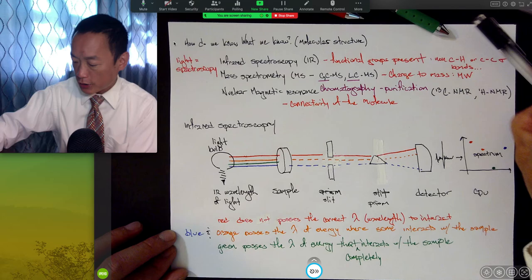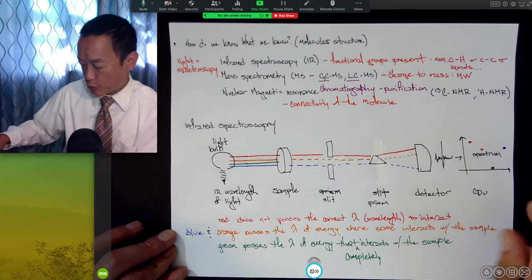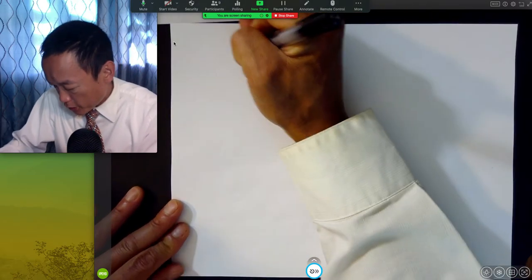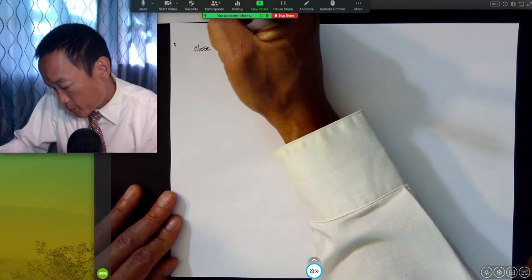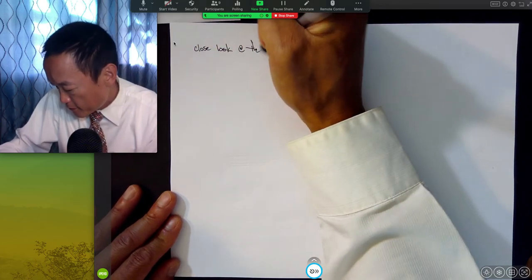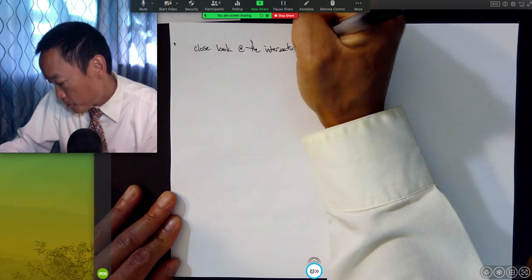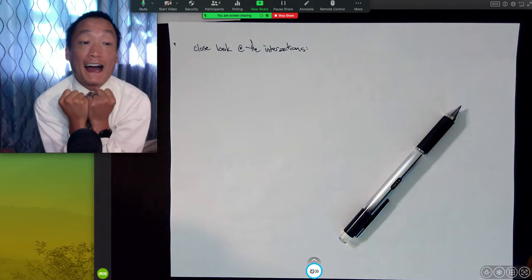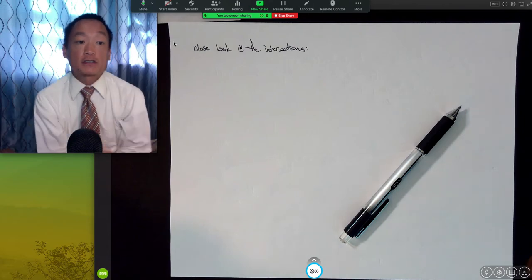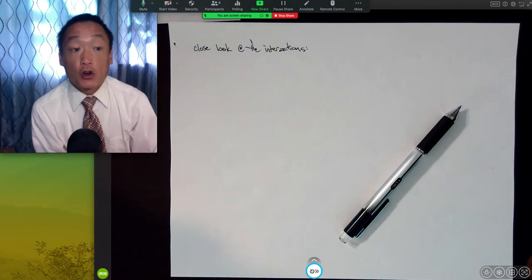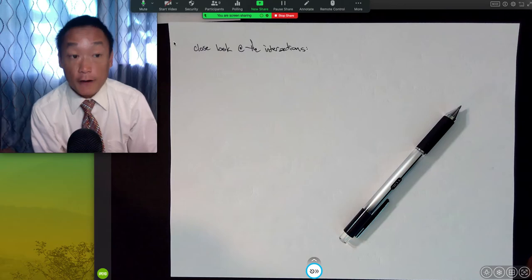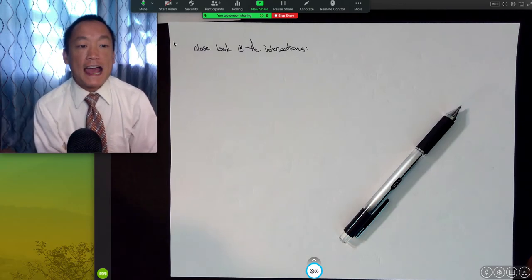And so what I want to talk about then is what's happening inside that sample. So what we'll do is we're going to take a close look. And why is this stuff even important right now? I would venture to say that this is the most important stuff that I could possibly teach you if you're going off to a career in medicine or anything that involves a professional school, because this is the exact same type of stuff you will be seeing in your professional career.